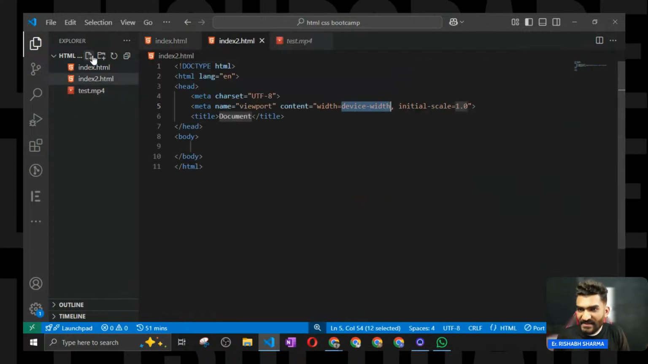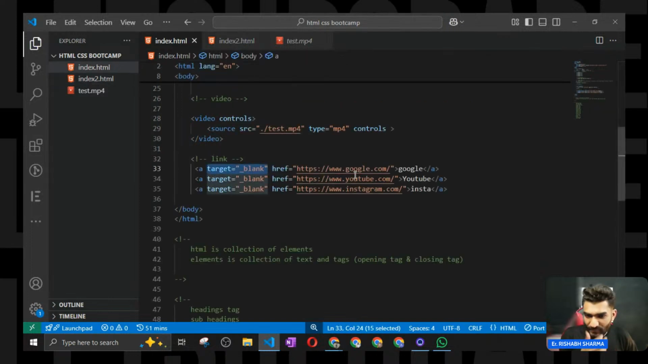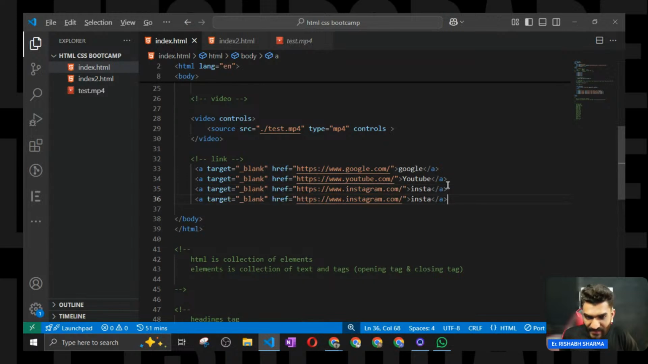index2.html, and on this I will write and I'll say index2 hello, right? So now see what will happen. Again, I will add another link